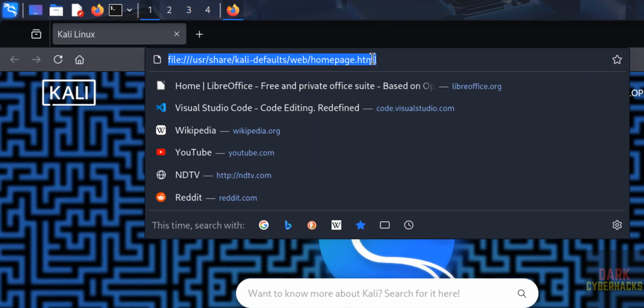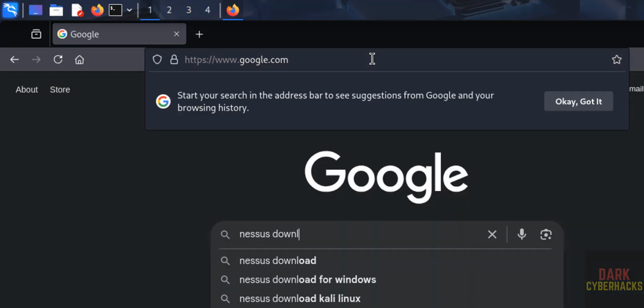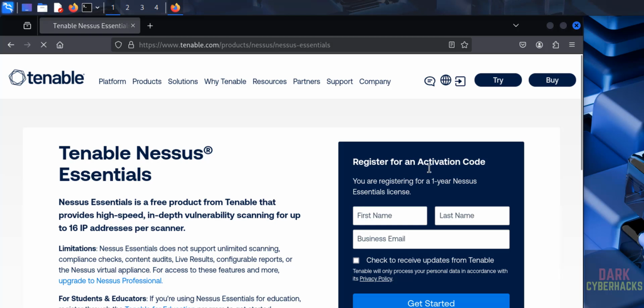Then go to Google or any search engine and search for Nessus download. Then click on this Enable Nessus Essentials vulnerability scanner. Then we have to register to get the activation code. Okay, and we are going to register for 1 year for the Essentials license. So provide the name, provide email,